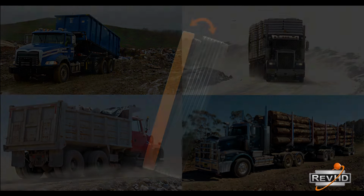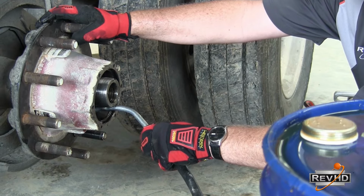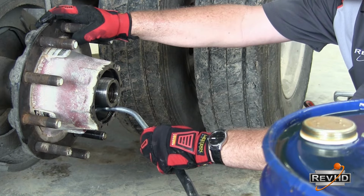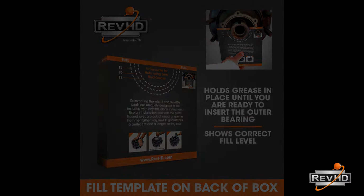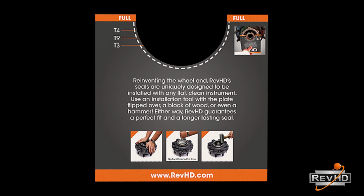by tilting or cocking. Of course, before inserting the outer bearing, make sure that you pump lubricant into the hub. If using oil, fill the hub bore up until the oil is just starting to trickle out. If using semi-fluid grease, you will need to fill the hub halfway. This can sometimes be difficult as the lubricant tends to waterfall out before you get it into the proper fill